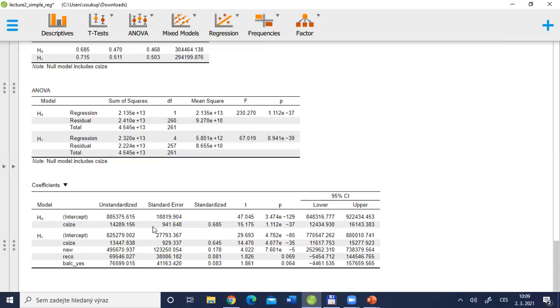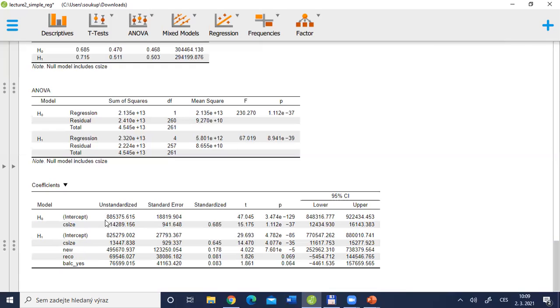That's not necessary to repeat, but we will go into this second part, which is called H1. Here are the intercept, size, new, reconstructed, and balcony. And before we start to discuss individual coefficients, individual slopes,